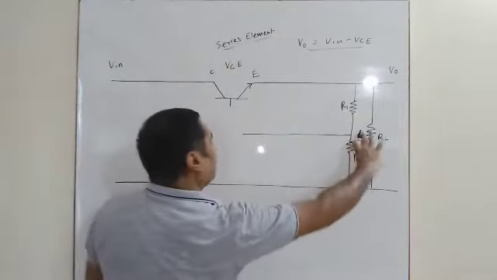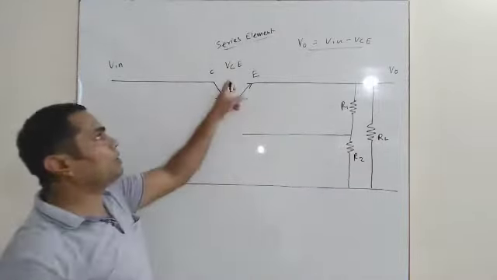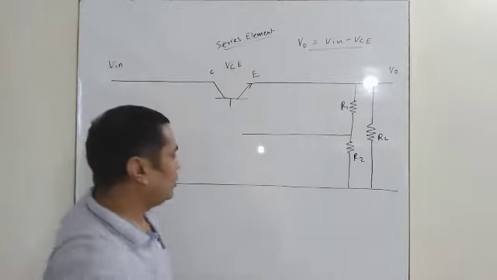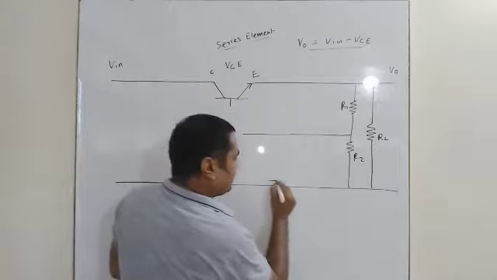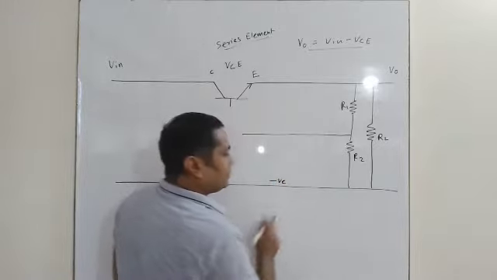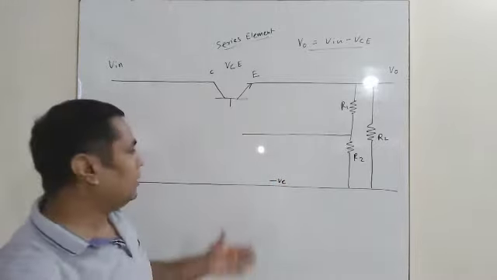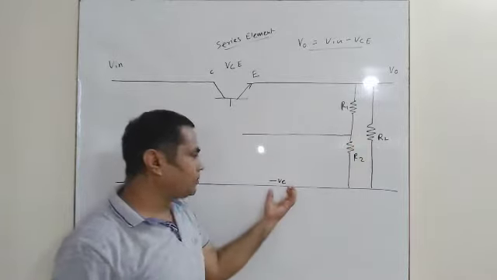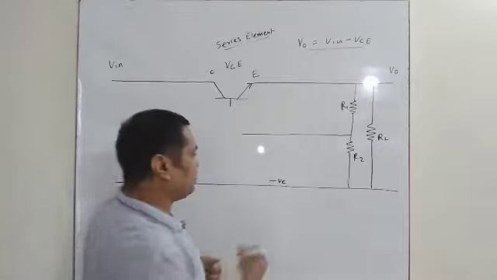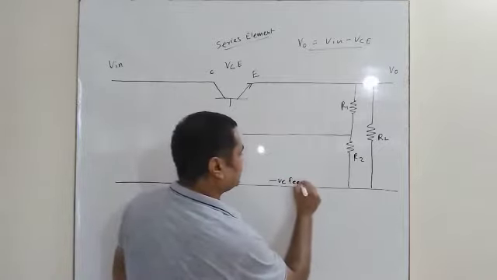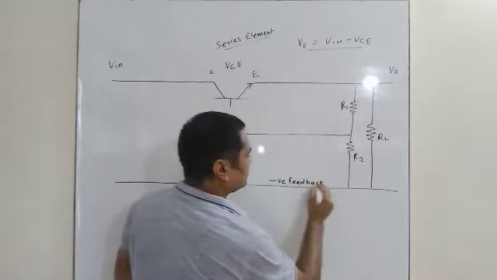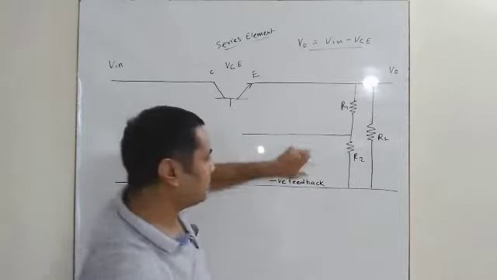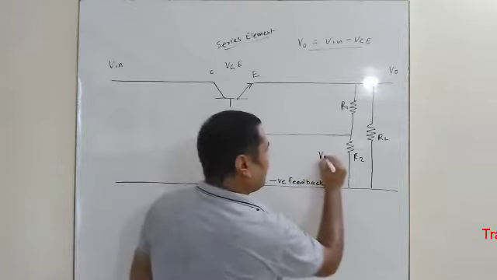This voltage is again fed back to the series element. So that is why this circuit is the feedback circuit. Here the feedback circuit is actually reducing the voltage if fluctuations are there. So that is why this feedback is called negative feedback. The voltage across R2 will be the feedback voltage, so let us call this Vf.